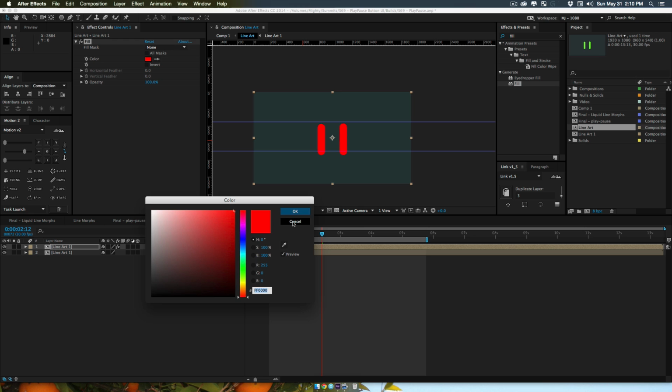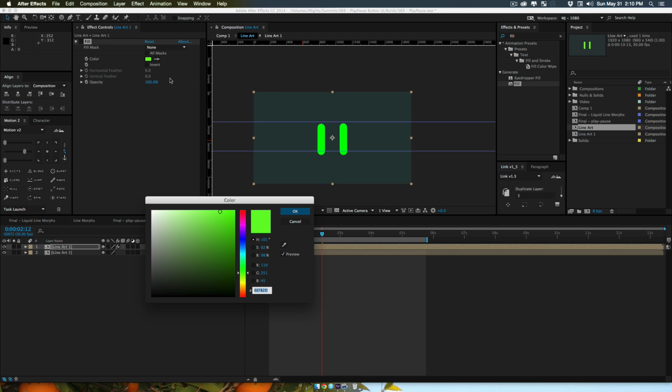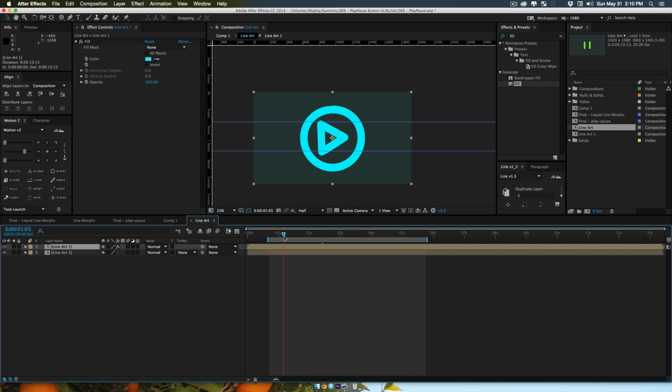Let's maybe not use that. I'm going to hide that and just grab the green and change, let's call it the hue. I'll just make it a little bit blue and turn the fill back on. I'm just trying to think on the fly here. Sorry, a little bit slow today, and I haven't done this in a while. Let's go ahead and do